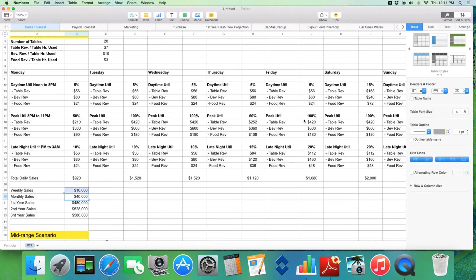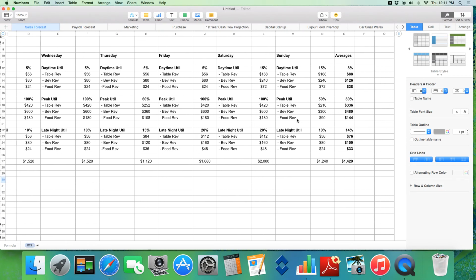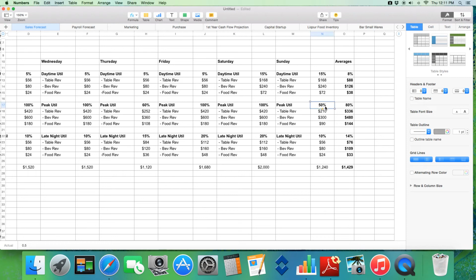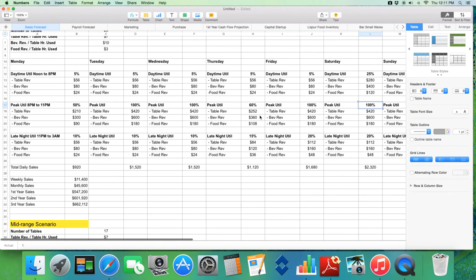Well, you know what? We tend to get much better utilization, more customers. So I can start to play with these numbers here and say, okay, well, what if I increase the number of customers at certain times? And I'm just randomly picking some times here to illustrate higher utilization on the weekends and that sort of thing. Well, then you see I've gone from 40 to 45,000, right? So my argument might be that this is typical for a busy season, and then